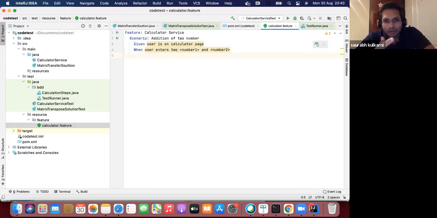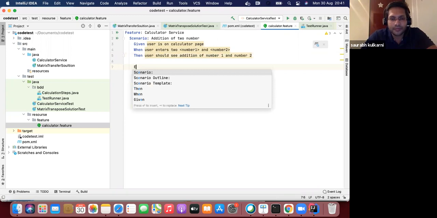Given, when a user enters the two numbers, then the user should see the addition of number one and number two. That's the then.